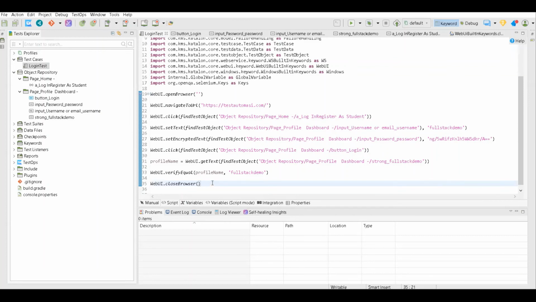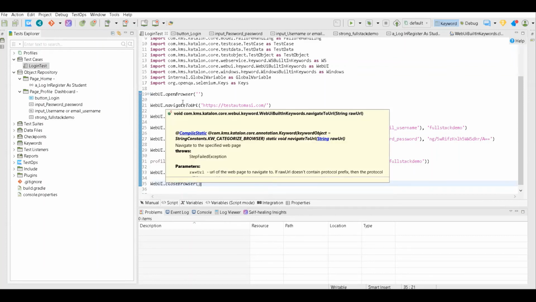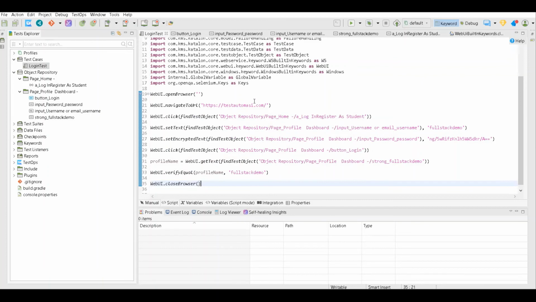But it makes your task easy, because with the recording feature you can just record and play back, but you also need to know a little bit about how to add steps or delete steps. Otherwise you will not be able to add these kinds of steps. That's why I took the API session first, so that you can understand steps, variables, and how to add something in a manual case.